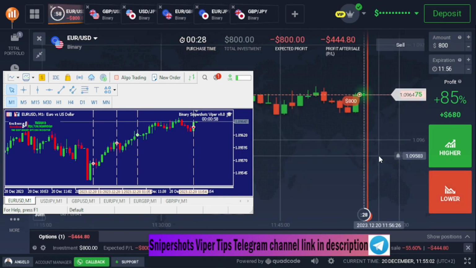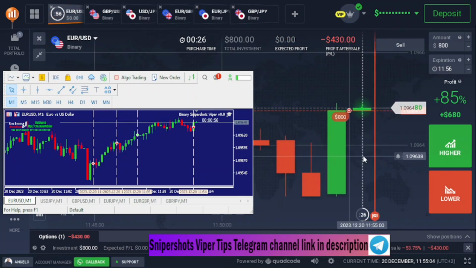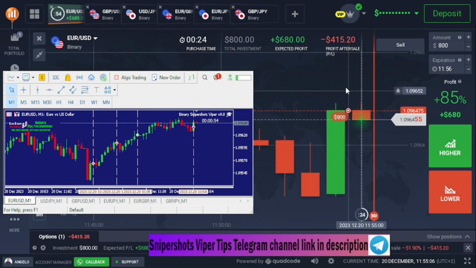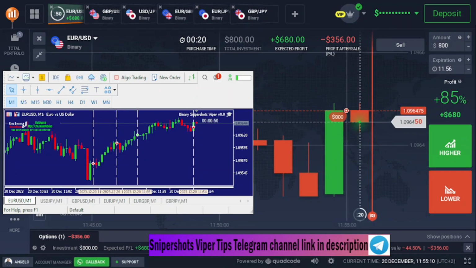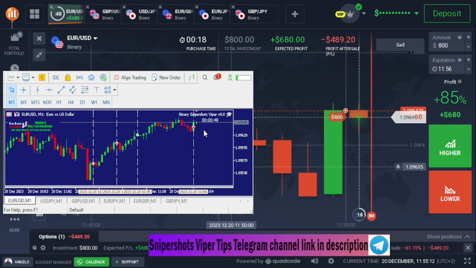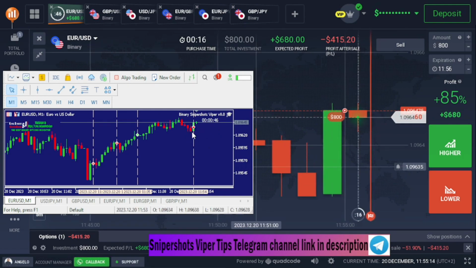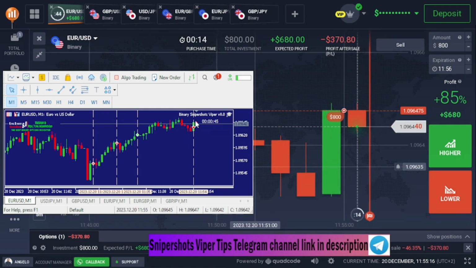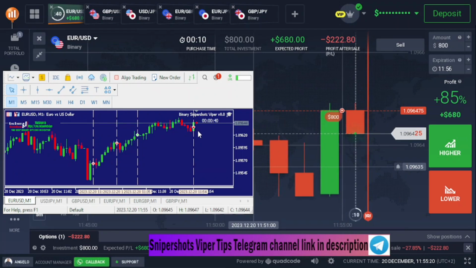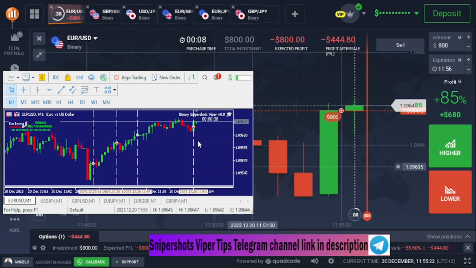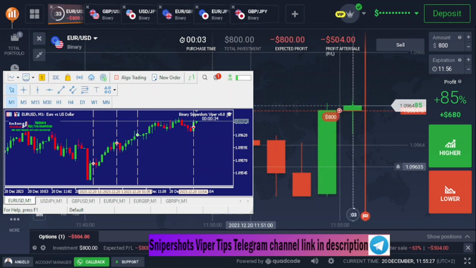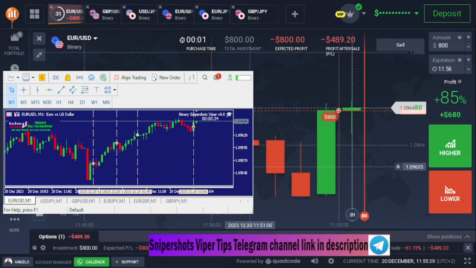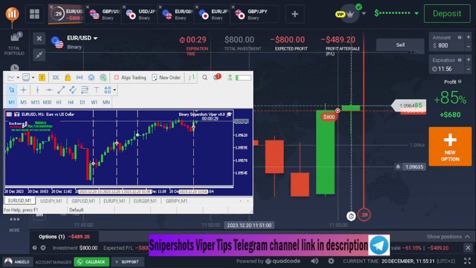Okay, so we just entered the sell signal, as you can see right here on Euro USD. When you get the signal like this, you enter it right at the beginning of the next new candle, as you can see. Okay, so let's wait and see if we are going to win this trade. So far it looks like we are in a loss,